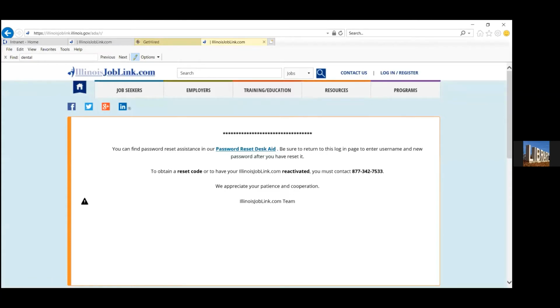If you have filed unemployment insurance, you will have a registration in Illinoisjoblink.com. If you have, you should know your username. If you were a first-time filer of unemployment insurance, that you've never filed before, you can log in with your username, and then your password would most likely be your social security number. And once you enter that, it would take you to the reset password page where you would need to enter